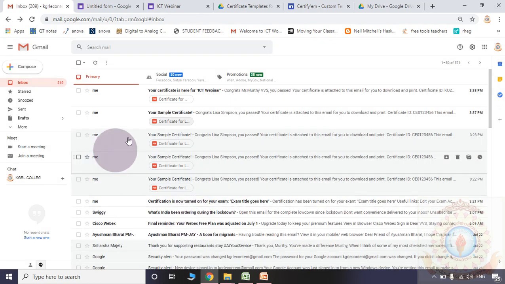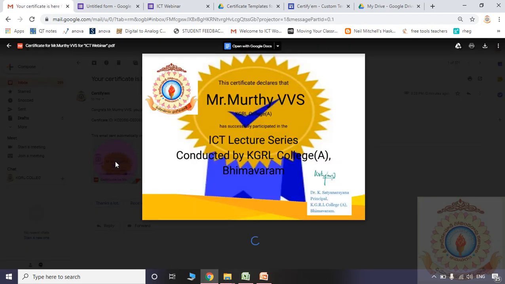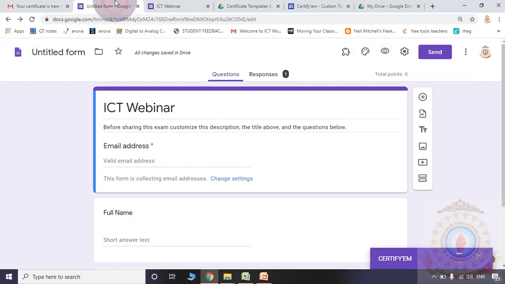Okay. Now another time I filled the fields really, like my name Murthy VVS from KJRL College. So I obtained the certificate as per my design. So this is the way to send certificates automatically.